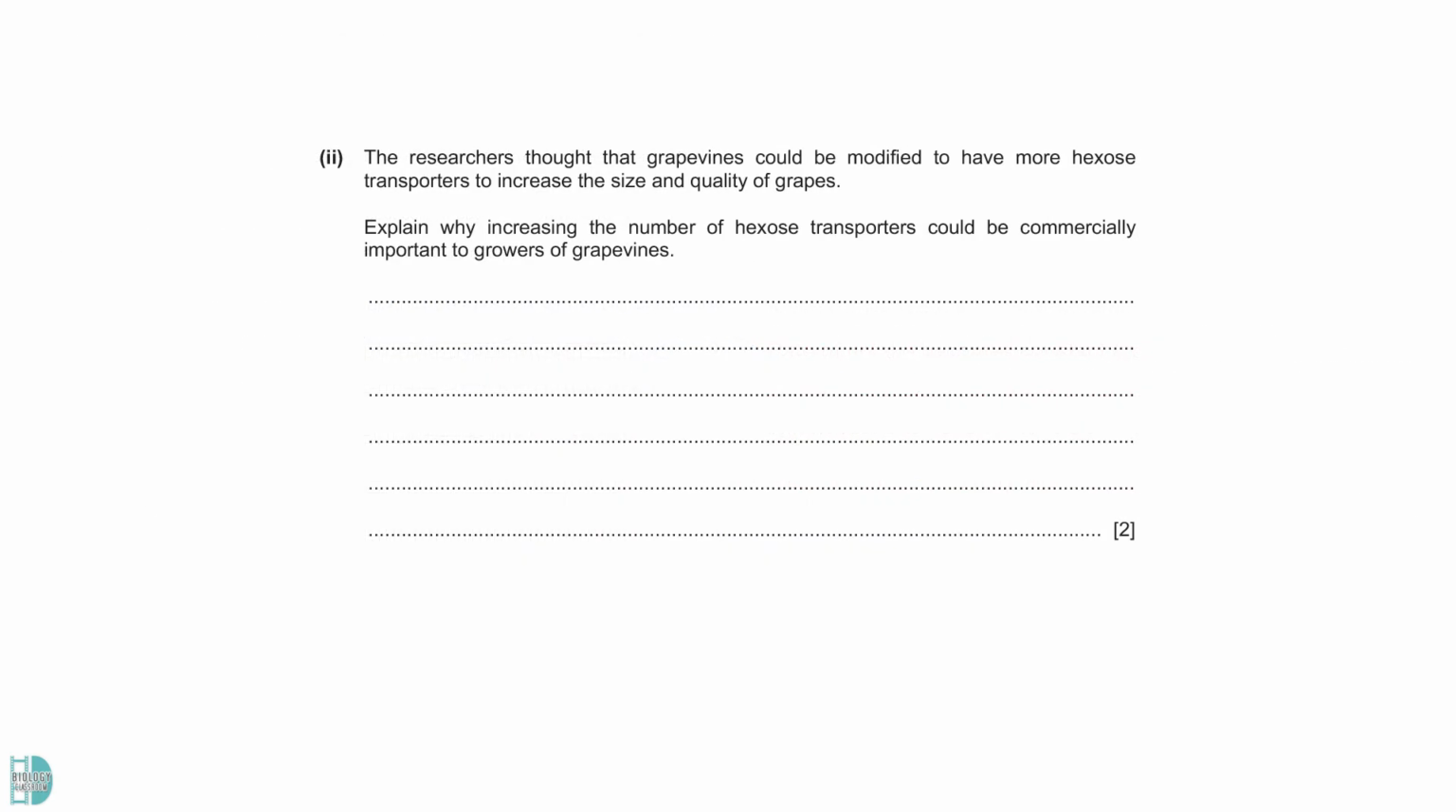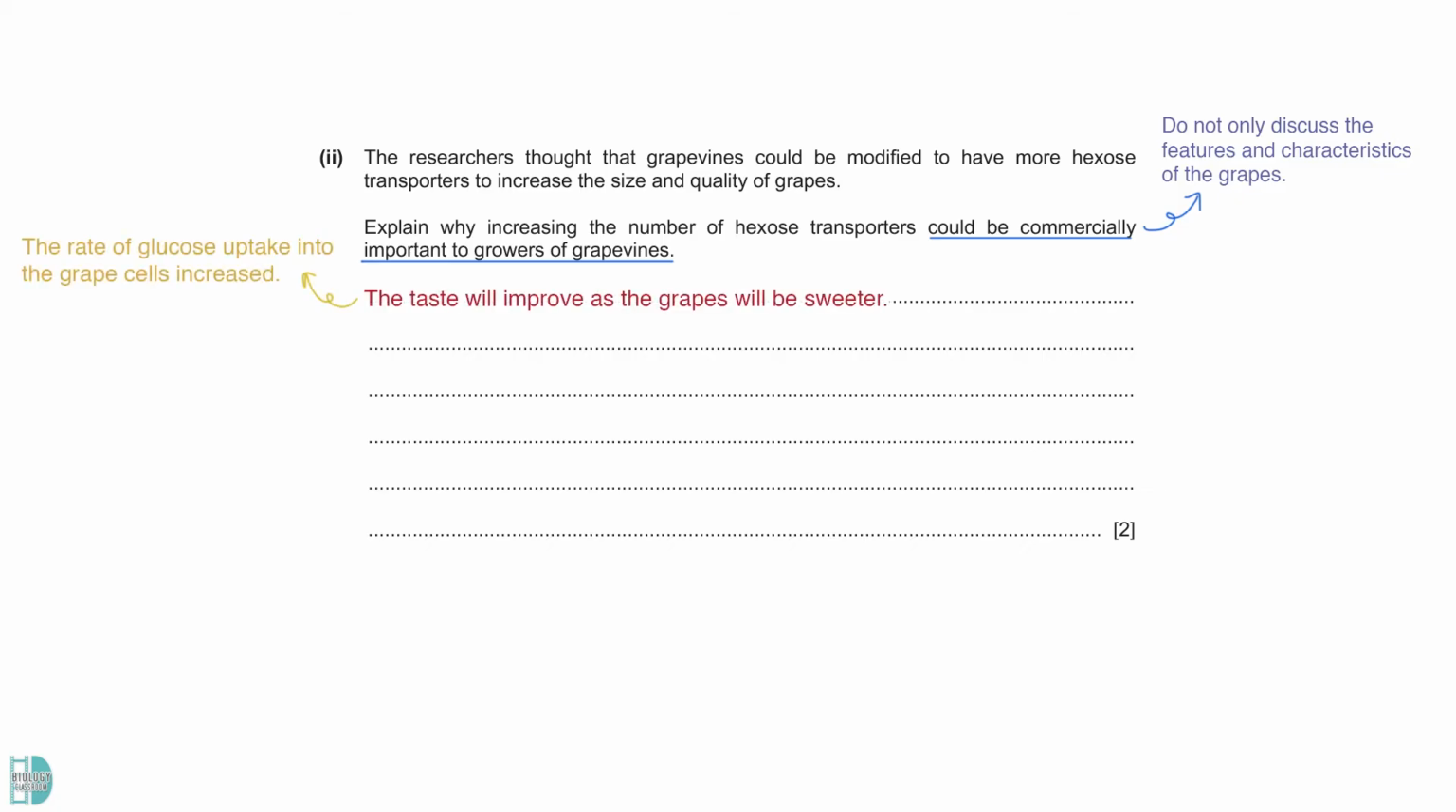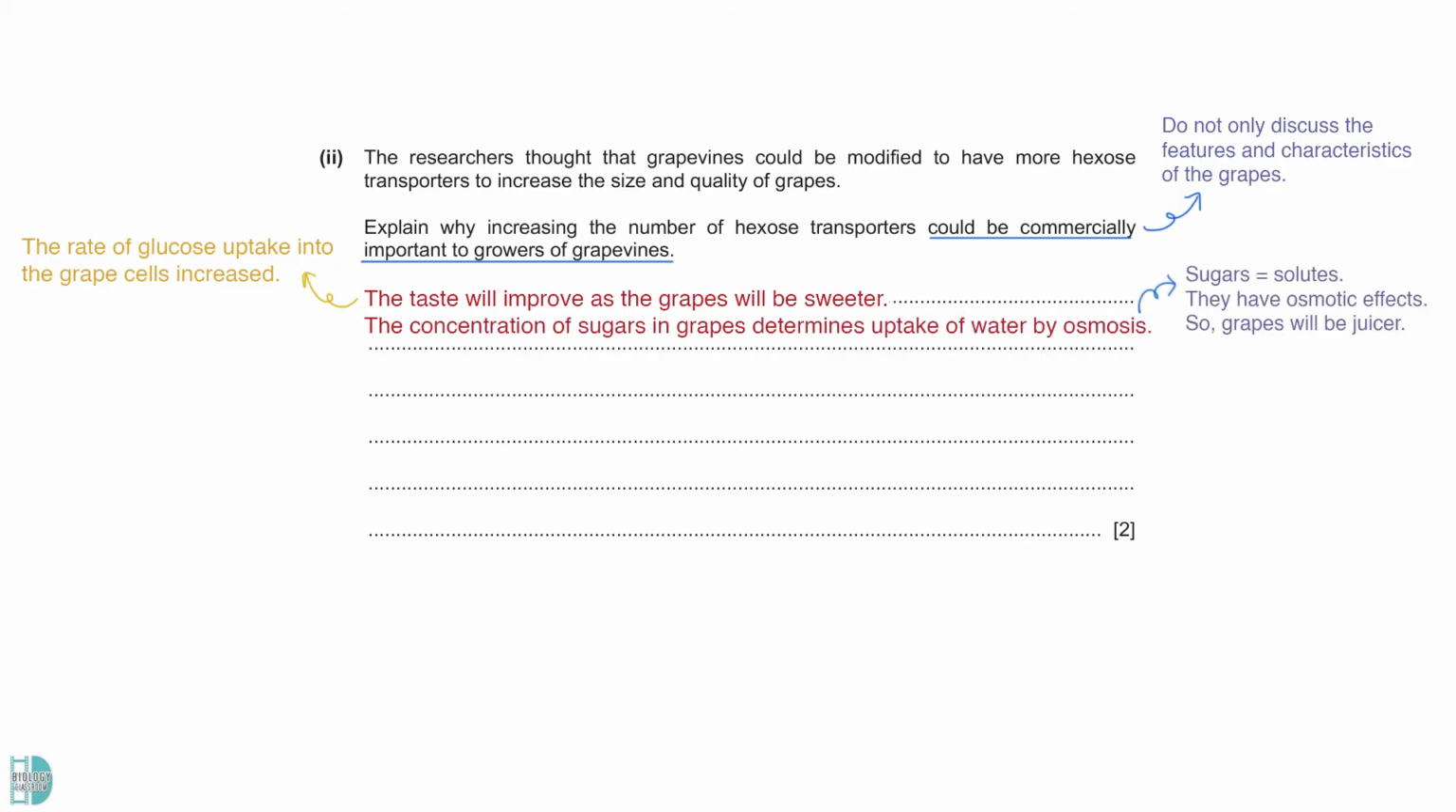2. Explain why increasing the number of hexose transporters could be commercially important to growers of grapevines. You must refer to the benefit of this to the growers. Do not only discuss the features and characteristics of the grapes. If the uptake of glucose increases, the grapes will become sweeter. Sugars, such as glucose, are solutes. They have osmotic effects. The concentration of sugars in grapes